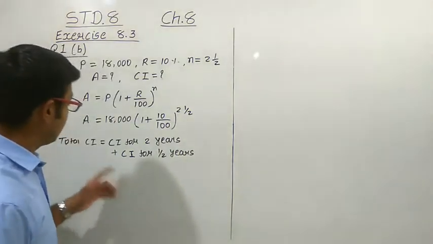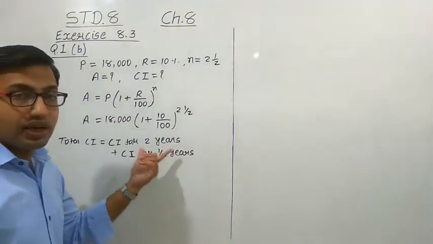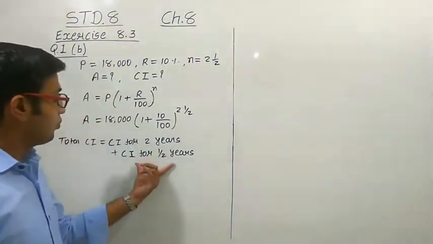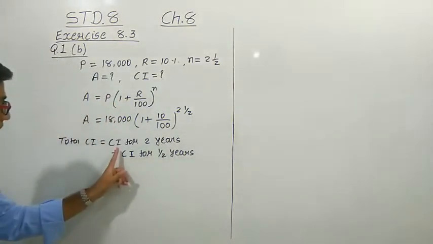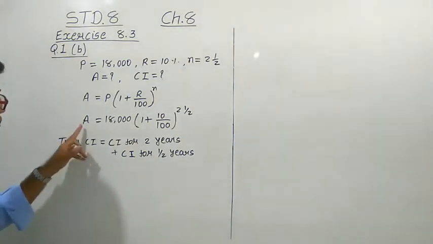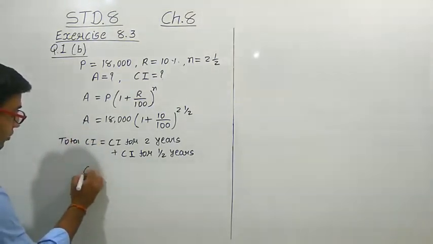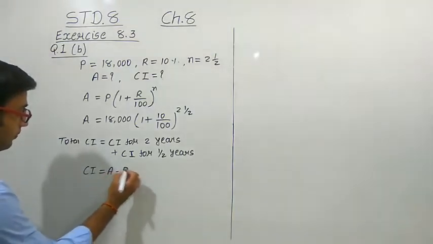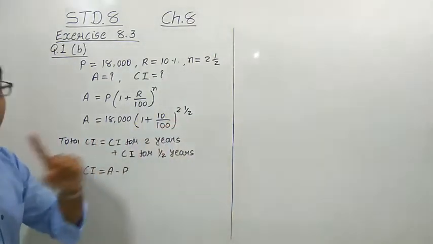First of all, we have to calculate the compound interest for 2 years. Whatever the amount we get, by taking that amount as a principal amount, we have to calculate the compound interest for the half year, right? So first of all, we will calculate the amount. To find out the CI, compound interest, we have to use this formula, right? And as we get this amount, we can use the compound interest is equals to amount minus principal. So let us apply this formula. The same thing here for the 2 years only.